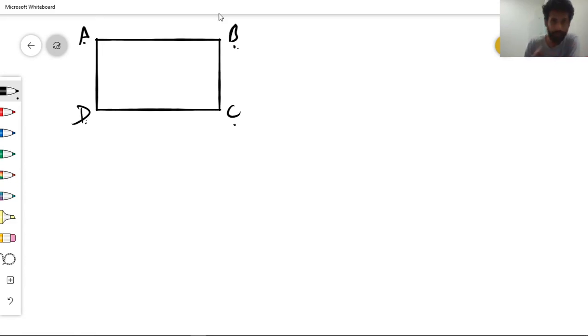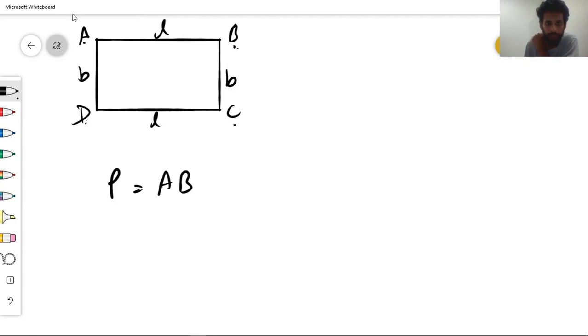So this is a rectangle. And what is a property of a rectangle? A rectangle has opposite sides equal. So this is L and this is L, this is B and this is B. The longer side is called the length, the shorter side is called the breadth. Now the perimeter will be,